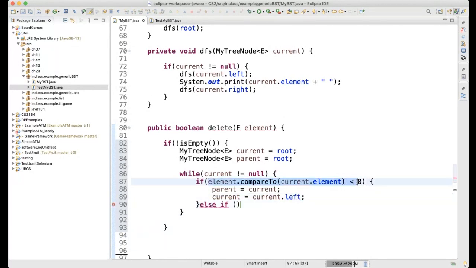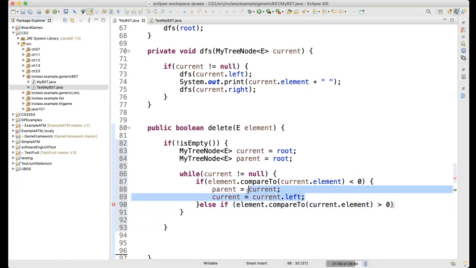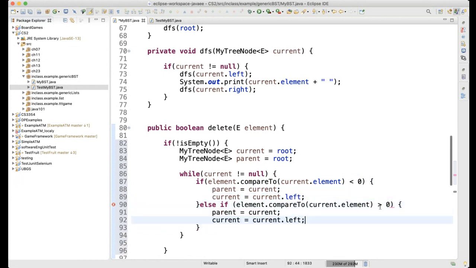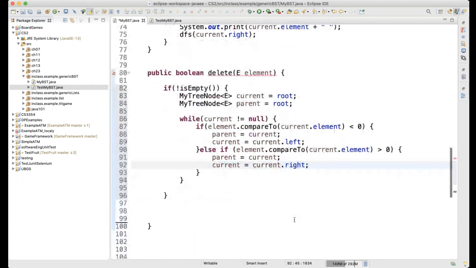Then the next scenario is going to be that this is bigger. That means you have to go to the right side. Everything is the same. It's just that I have now to go to the right side, because this element is going to be bigger than our current